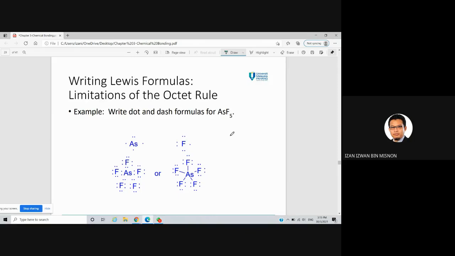Okay, the second example, we have AsF5. So this is for group 5, the nitrogen family. So for As, it will have 5 electrons on the valence shell, right? For fluorine, it will have 7. So in this case, for As, let's say we put the electron